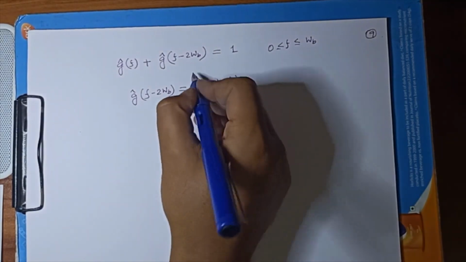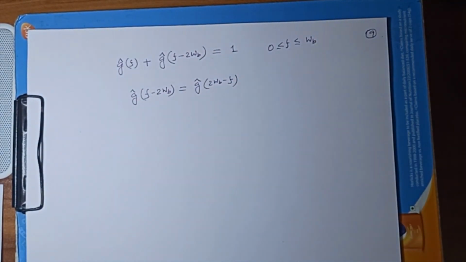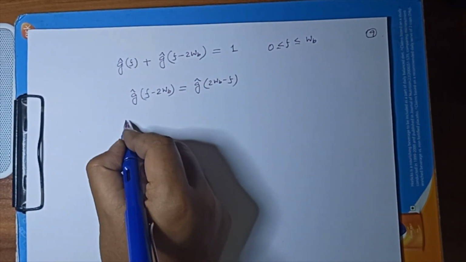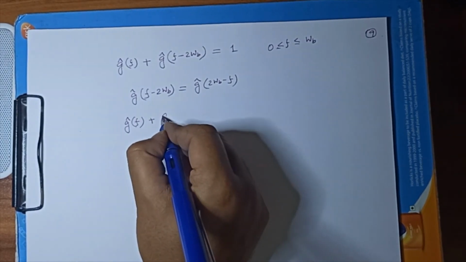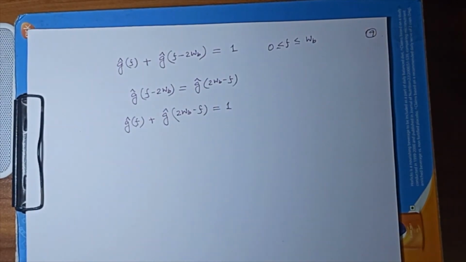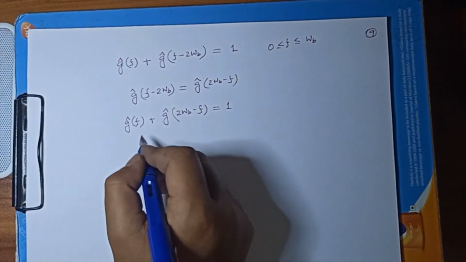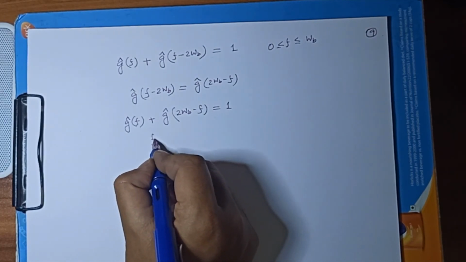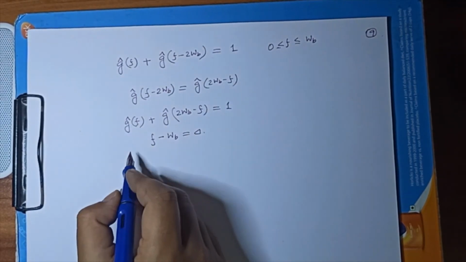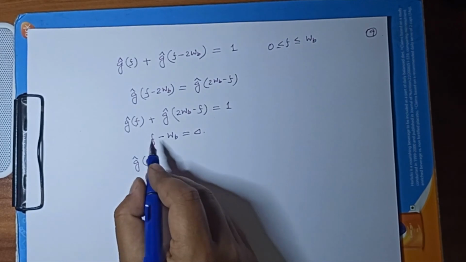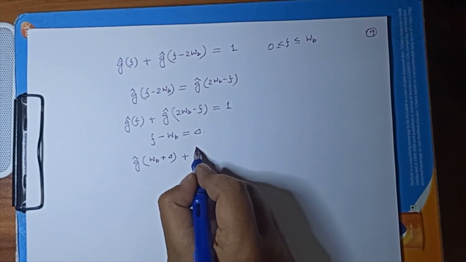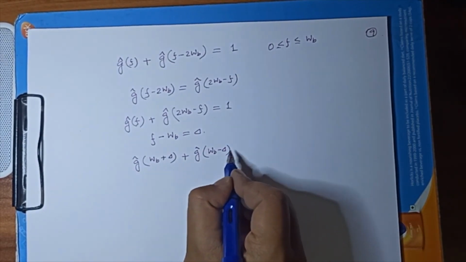That is the symmetry. This is like a conjugate, but the conjugate is the same because the thing is real. So I can write G hat F plus G hat 2WB minus F is equal to 1. Why I am writing it this way, let me tell you. The next step, I'll do a little substitution, that is F minus WB is equal to, say, delta. If I put that, then it will be G hat WB plus delta